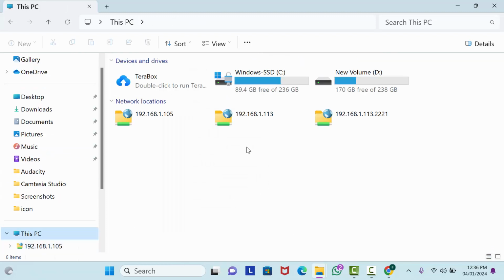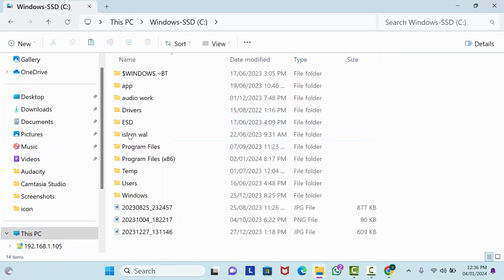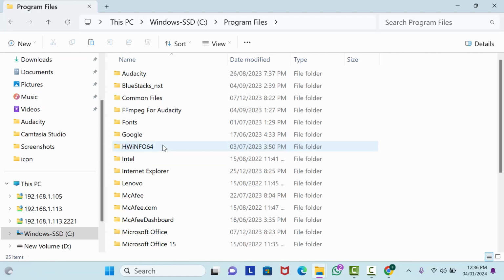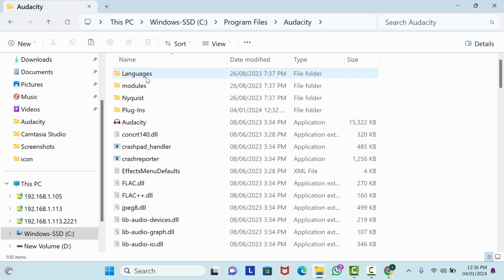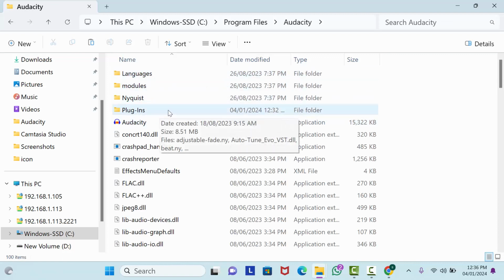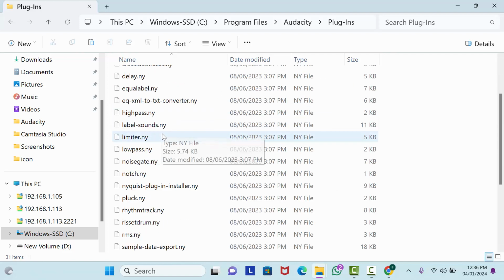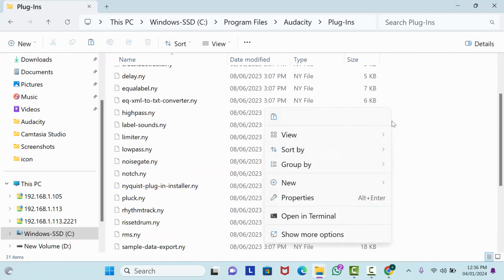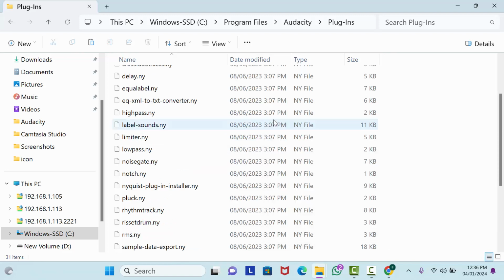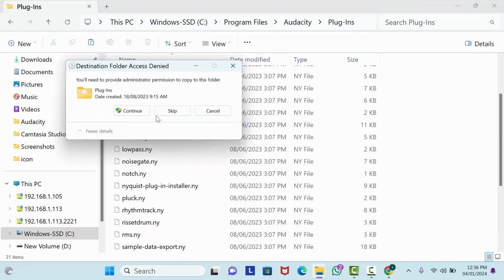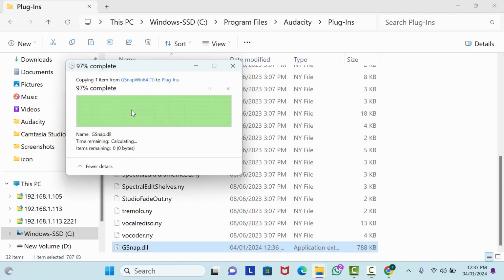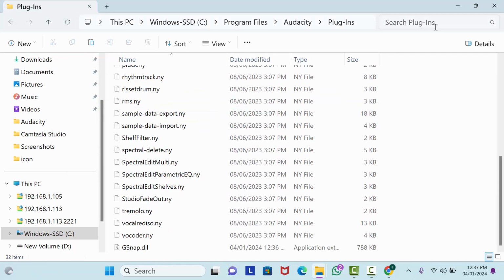After that, go to PC. Then go to C drive. Then open program files. From here, click on Audacity. Then click on plugins. Then paste here your copied plugin. After that, click on continue. Now your work is done. Minimize it